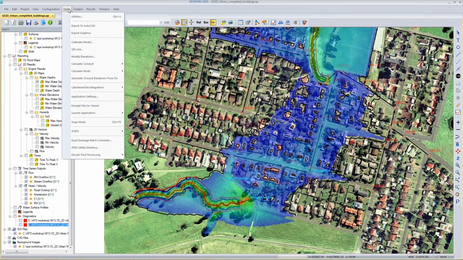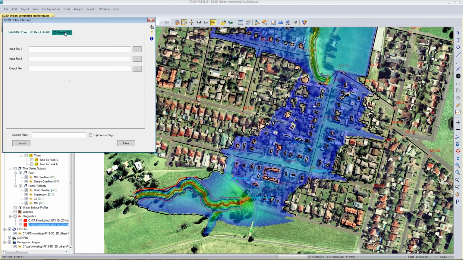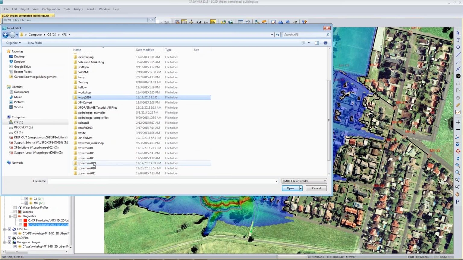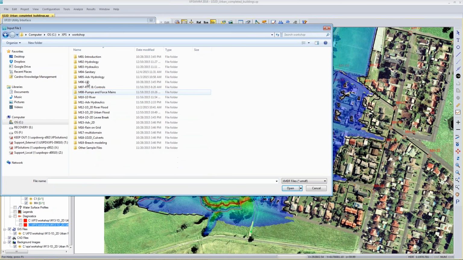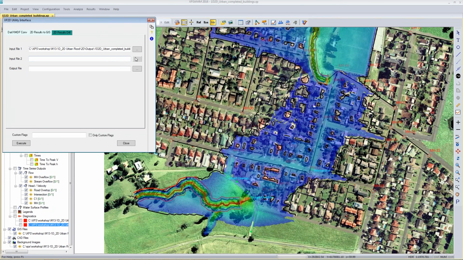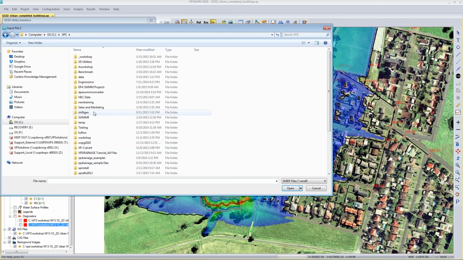So the tool that I've talked about for the difference is under the Tools menu, XP2D Interface Utility, and it's about this 2D results difference. So the procedure is that you would pick in the software, let me go to the correct folder where these model results are. You would go to, say, the 2D output folder, and you would pick, say, the main run was this one, the one with the buildings in it, and then likewise you would go and choose the other one that you want to do a